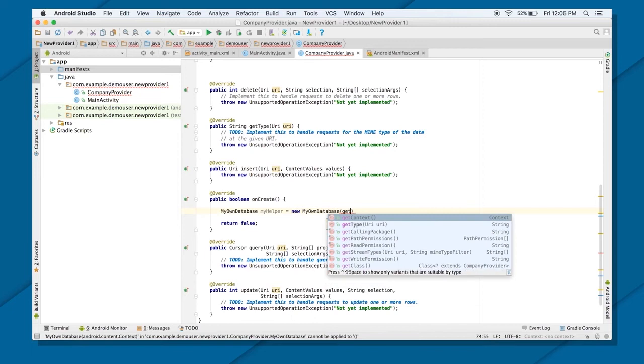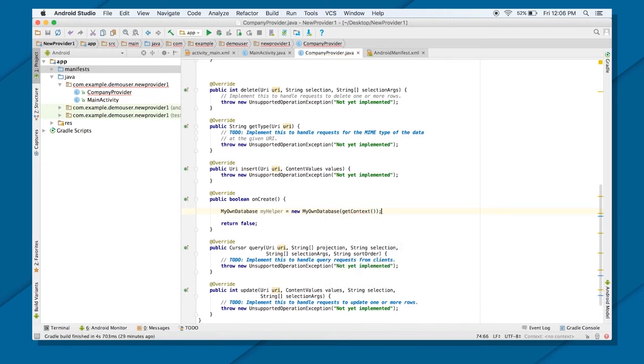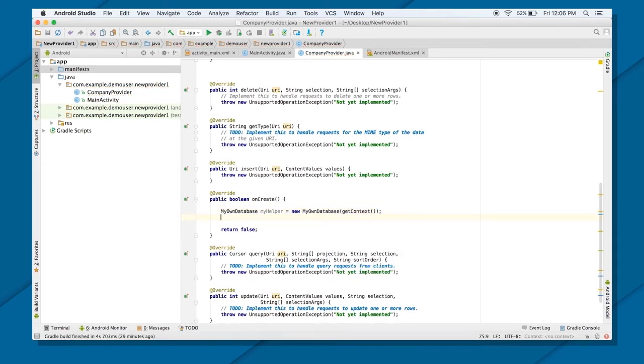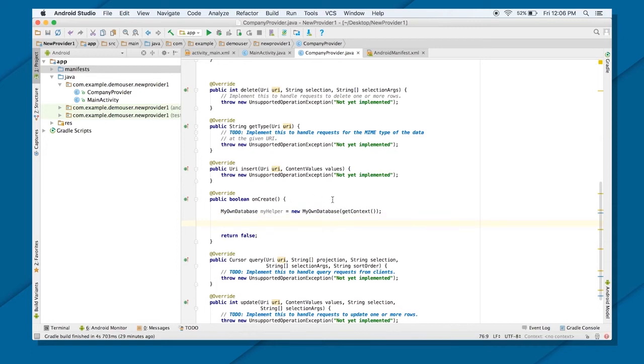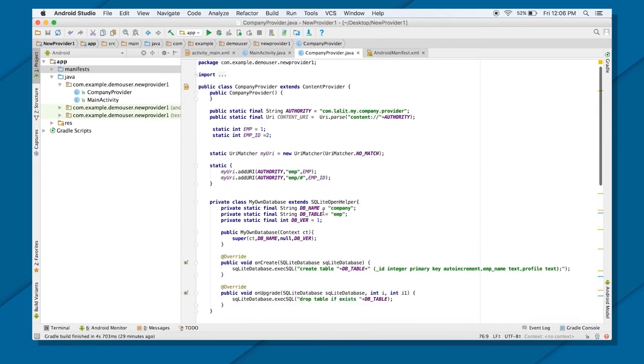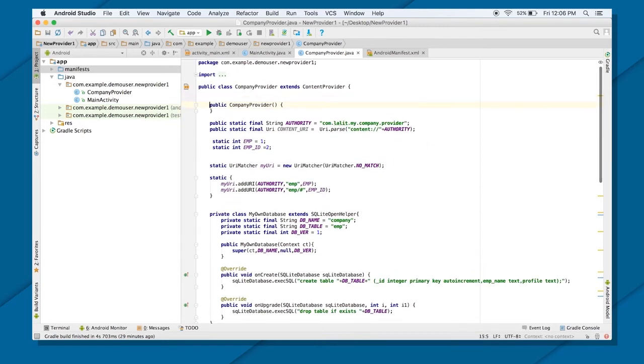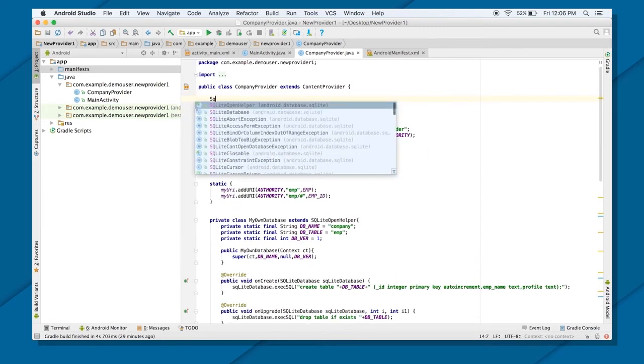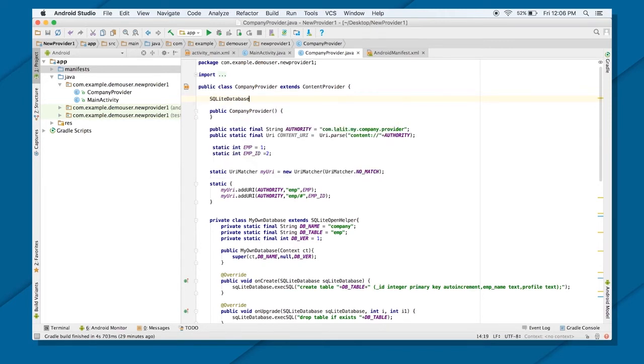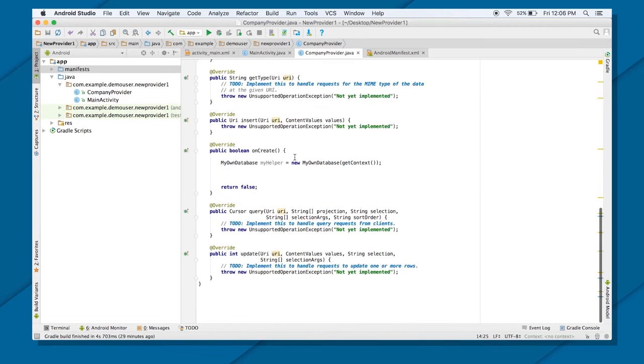And here I need a context object, and in content provider you can get the context object by calling the method getContext. Next, I will be returning true if I'm getting a writable database from here. So for that, at the top I will create a SQLite database object, my DB, because this is the object by which I will be doing the queries.